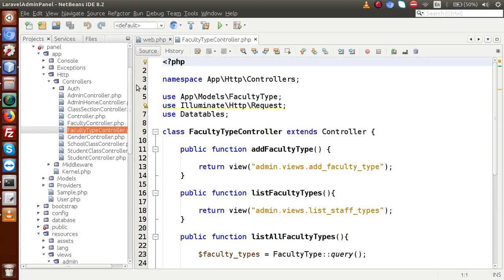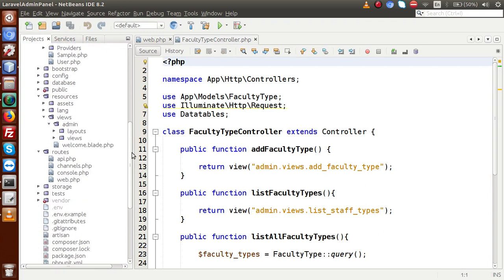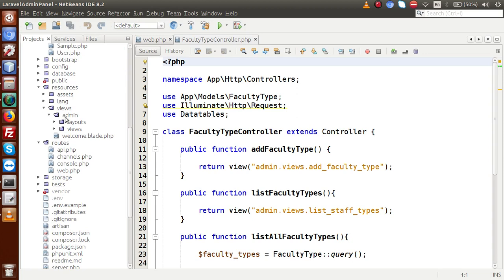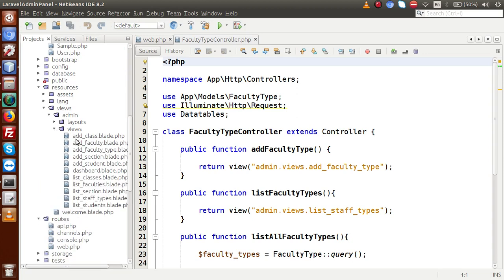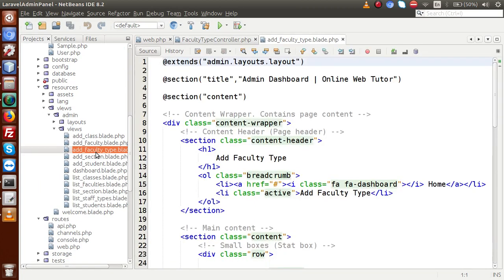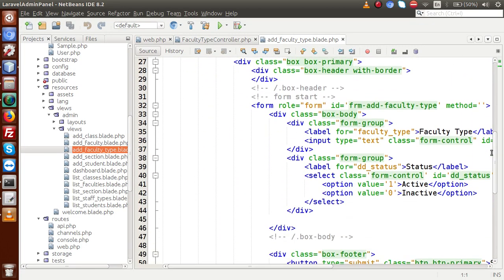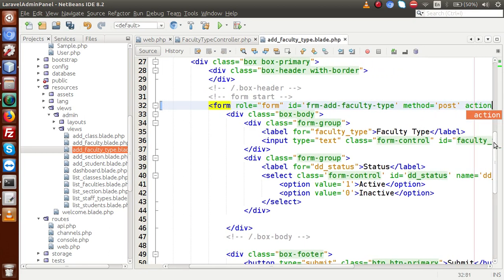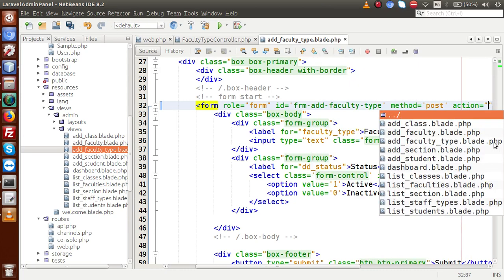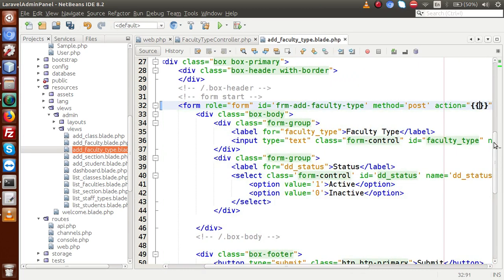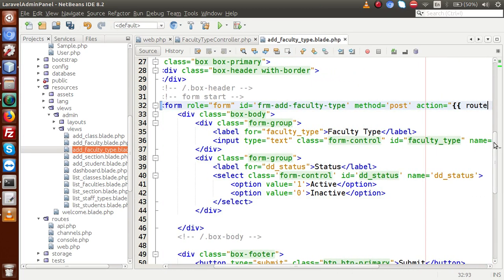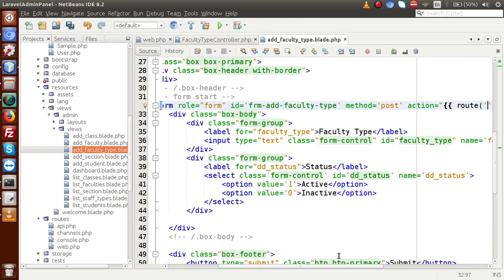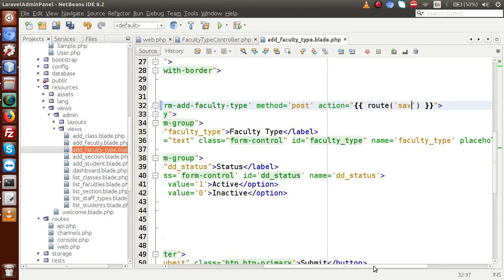To open up the views file, we have to go inside the resources folder: resources, admin, views, and we have a file called add faculty type.blade.php. Inside this file, we have to put some attributes on this form. Let's say the method will be post, and we also have to add the route. Inside this route, I'm going to use the name parameter for our route. So let's say route, and here, if I scroll, let's say save